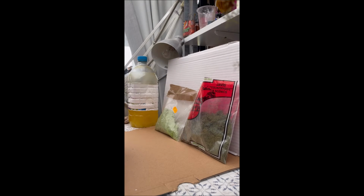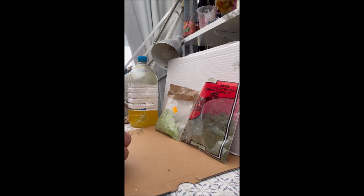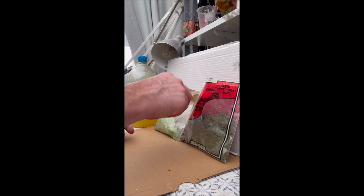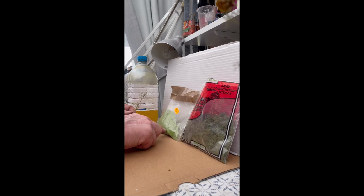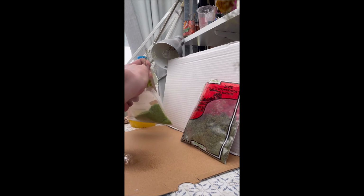So I'm going to do a little bit of a test piece before I start to do anything to the tree, which is always a good idea, whatever you're doing. And I've got a couple of bits of scatter material here. This is some static grass, 2mm I think, but should be good enough to